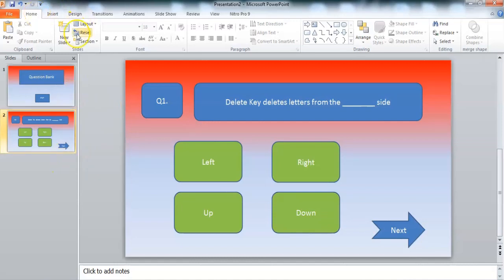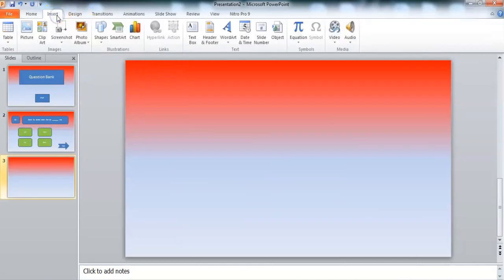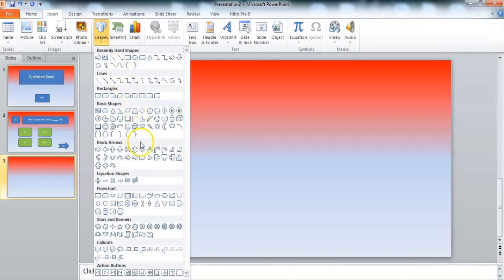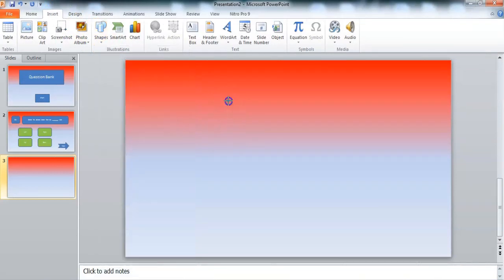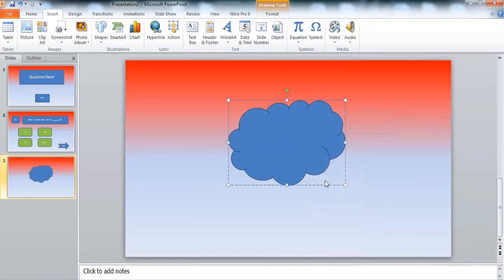So take new slide, again insert a shape here. Suppose I have taken this shape. In this shape, write, suppose this is wrong answer slide, wrong answer.